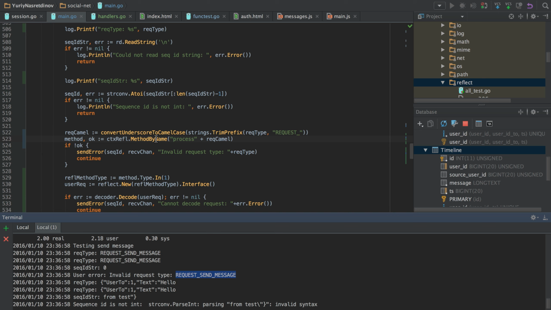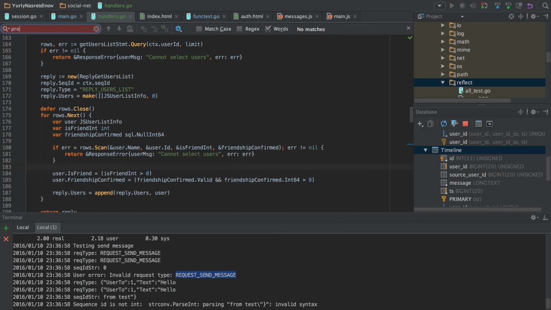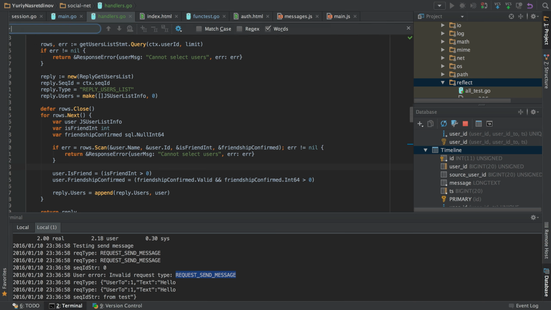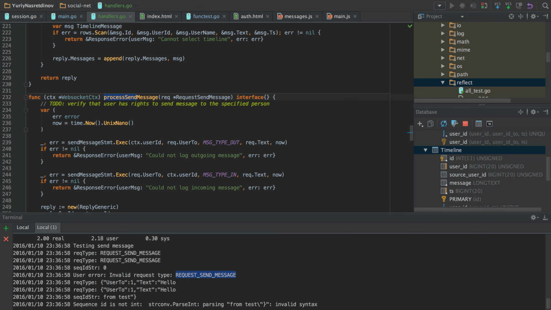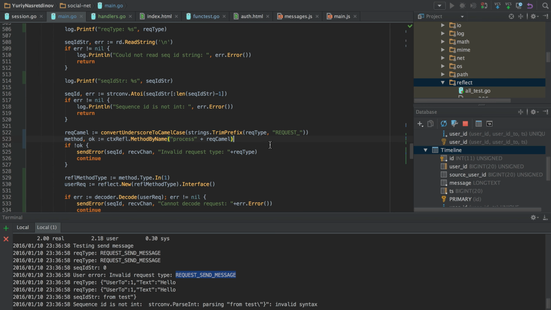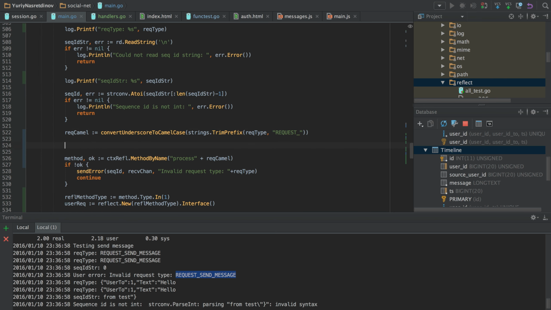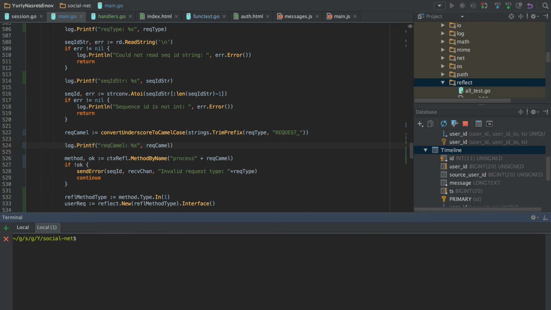When we try to call the process something method, we get an invalid request type. And obviously we do have a process send message method, so something is wrong with our reflection code. So we check the callback name first, which is the request camel.